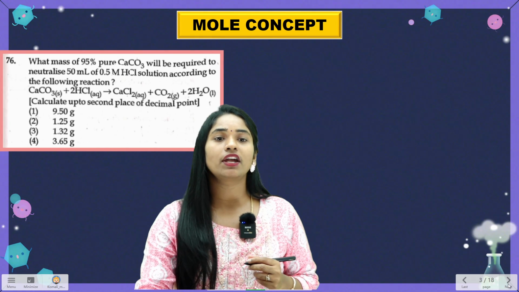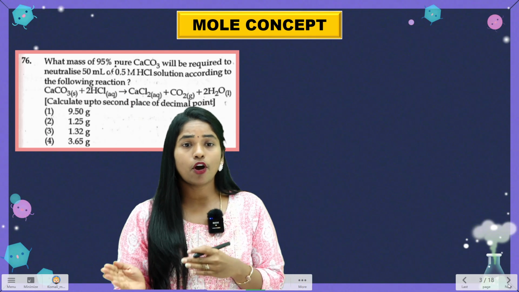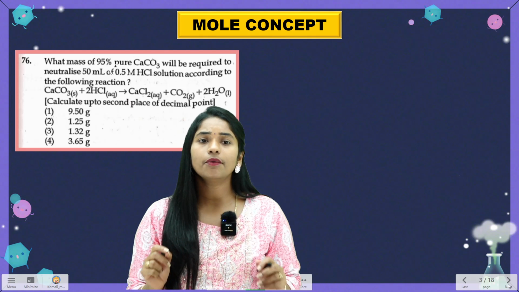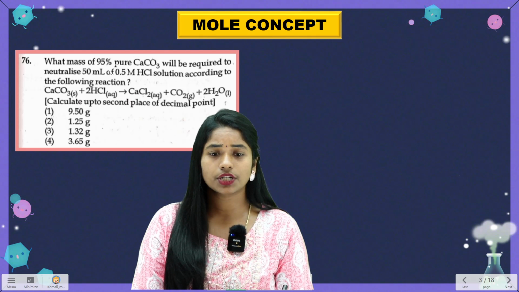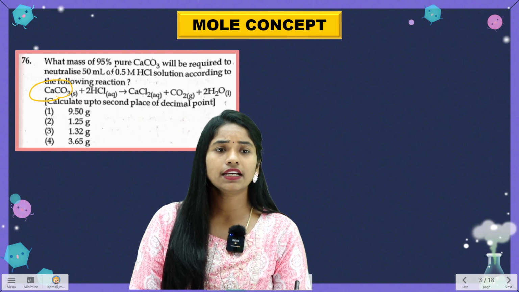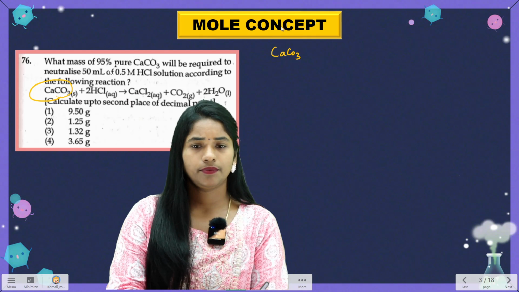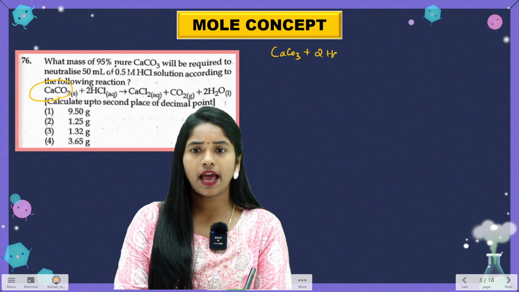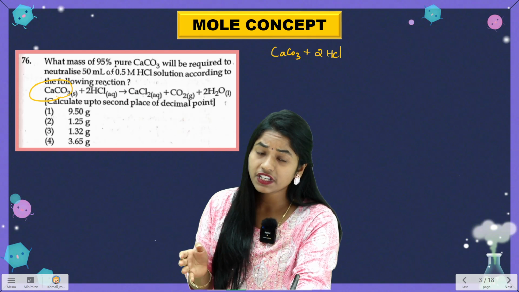From mole concept, what is the question we got? What mass of 95% pure CaCO3 will be required to neutralize 50 ml of 0.5 molar HCl solution according to the following reaction? See, this is the question. If you observe here, CaCO3 and HCl are in 1:2 ratio. CaCO3 is reacting with 2 moles of HCl. Am I right? Now, in the question they have given the data that volume is 50 ml and HCl